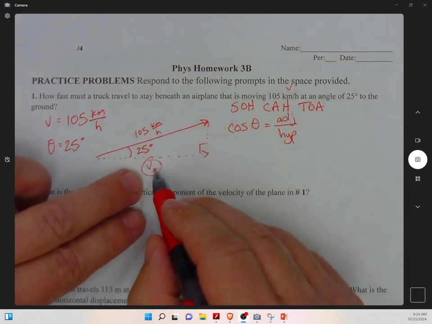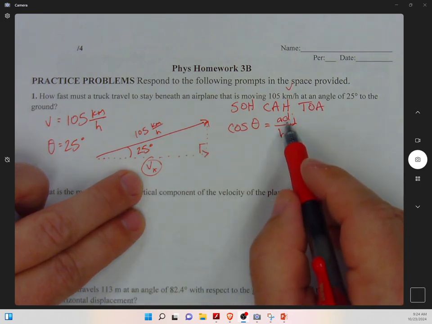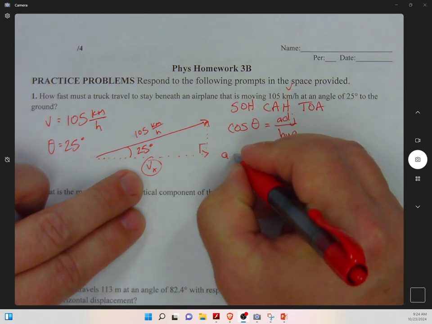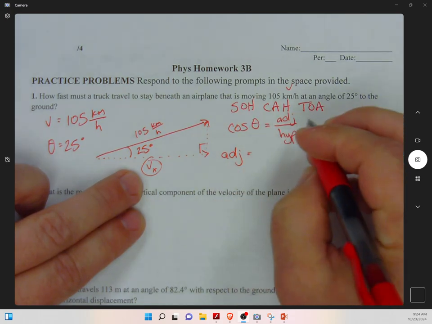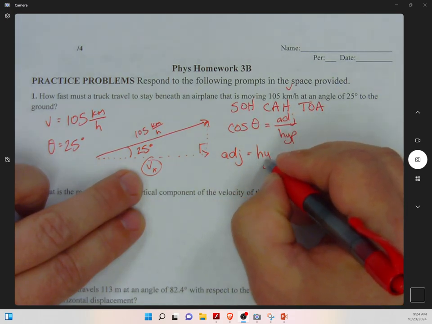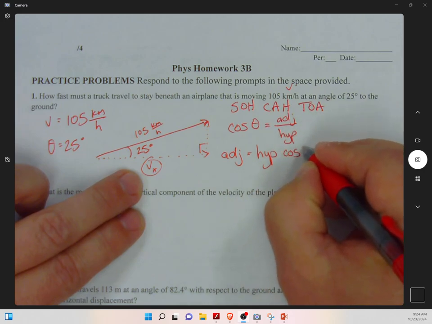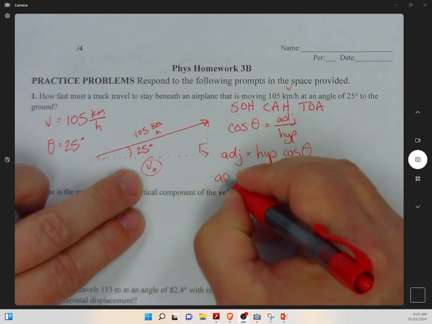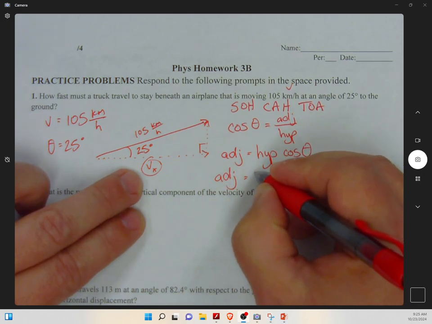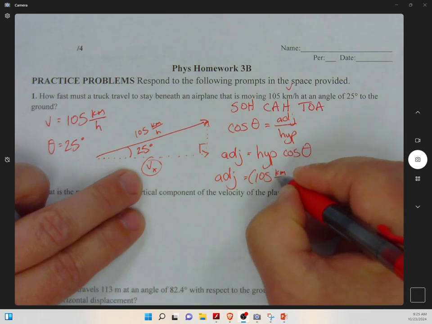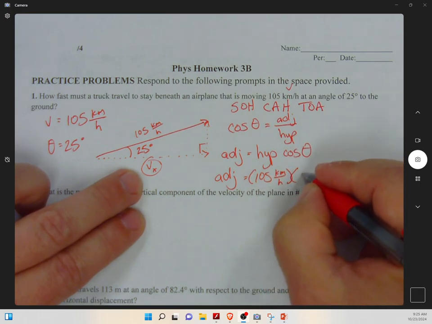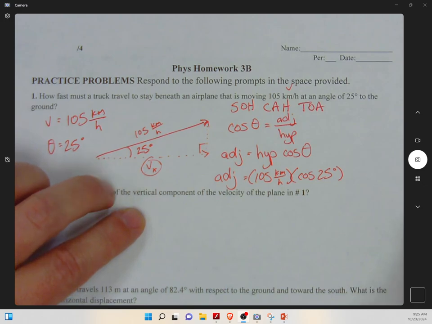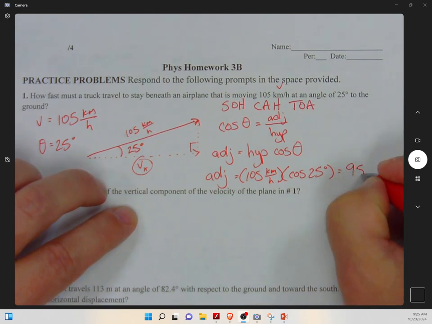All right, in this situation, I am solving for the adjacent side, so I'm going to algebraically rearrange this. The adjacent side is equal to the hypotenuse multiplied by the cosine of theta. So it's going to be 105 kilometers per hour multiplied by the cosine of 25 degrees, which comes out to be, I'm running out of room,